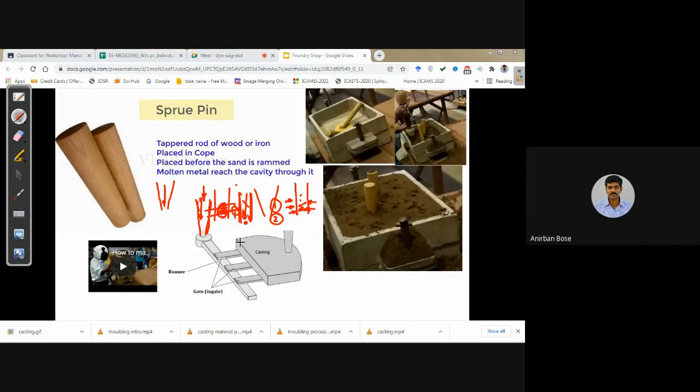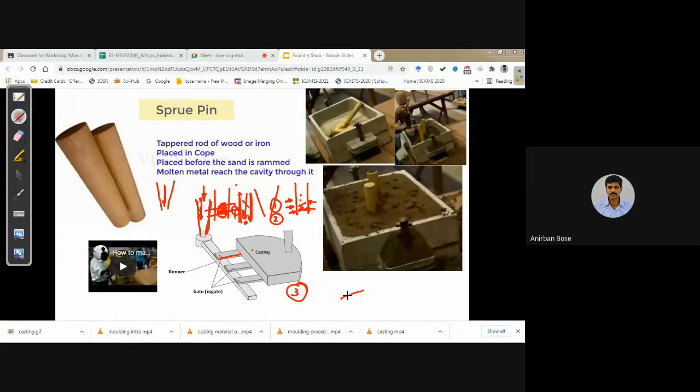The third point about the gating system is that when you are cutting the gates, you will find that the gate is basically the passage through which the molten metal finally flows into the mold cavity.